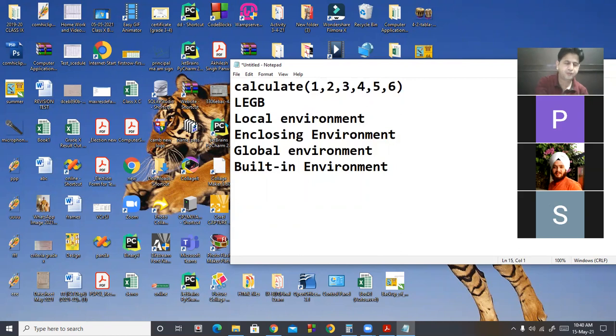Local environment means suppose one variable is here, I take one variable A, and in function A is a global. In function I have one function data. Inside that I declare another variable B. A is equal to 20. If I print A, so definitely it will prefer its local variable. तो यहाँ पे लोकल वेरिएबल को सबसे पहले आपके पास प्रेफरेंस मिलती है. उसके बाद है आपके पास